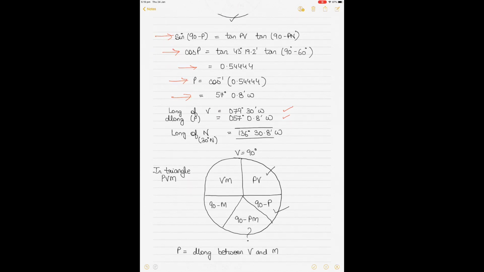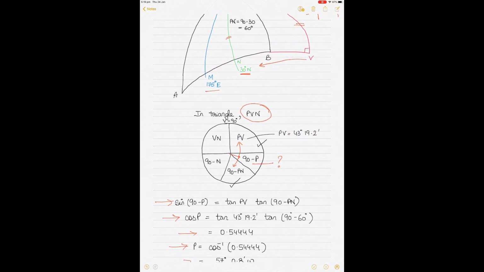I've got a longitude of 30 minutes west. You are going back towards the anti-meridian of 180. You are going in a westerly fashion, so you are adding to the 57 degrees, and that's why your longitude is 136°30.8'. Alright, the next triangle we'll do is PVM, where you had your longitude given to you as 175